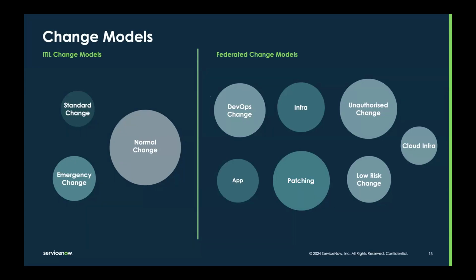Yeah, so if you're repeating something a lot, if you have a template for it, we are working with customers to figure out ways that they can automatically identify what should be a model. So using things like clustering, we need to improve how we use clustering in the platform to do it. A lot of the experiments we're doing as a product team right now are about that type of paradigm, which is we can present to you, maybe through generative AI or maybe just through clustering or machine learning, we can say to you, this thing looks like a template to us, right? Or this thing fails a lot and probably shouldn't be a standard change, and you may want to have some approvals in it.